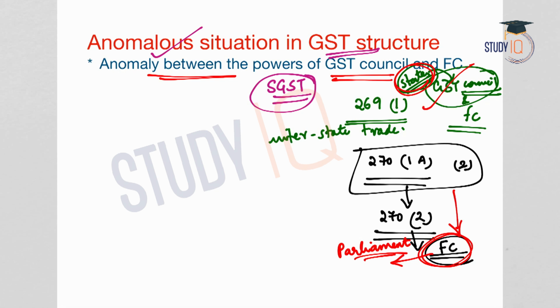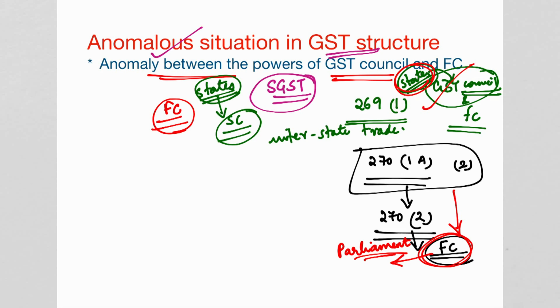The recommendations of the Finance Commission are placed before the Parliament and states will not have a role in the debate. Now, if a particular state or a group of states have certain objections regarding Finance Commission recommendations, what can they do? There is no provision for the state to challenge the report. The only option that is left with the states is to approach the Supreme Court. So such differences also need to be rectified.